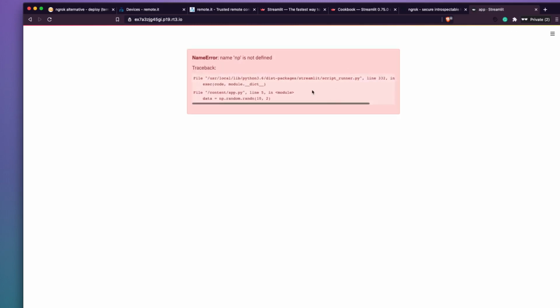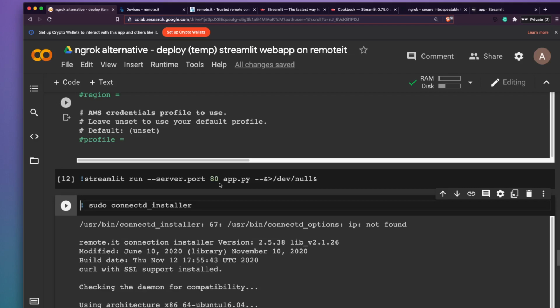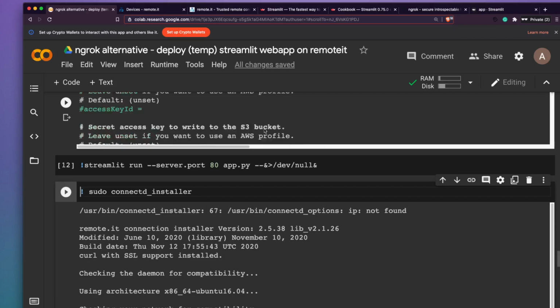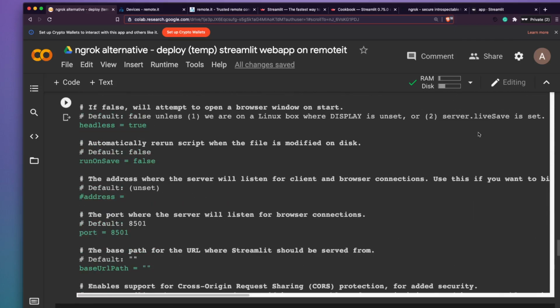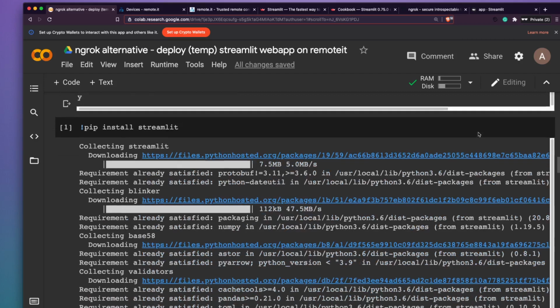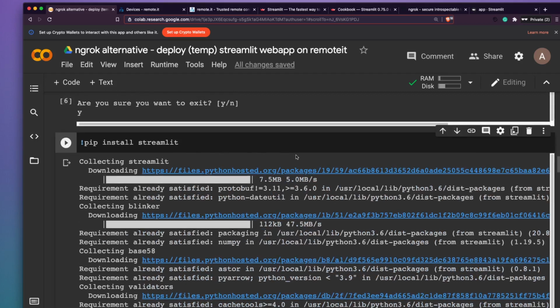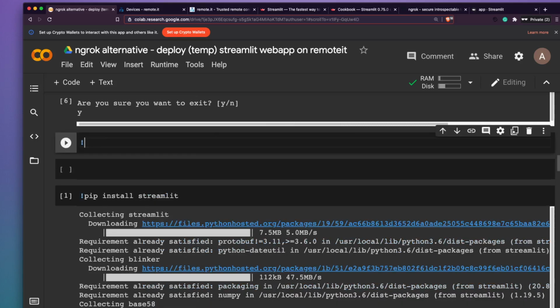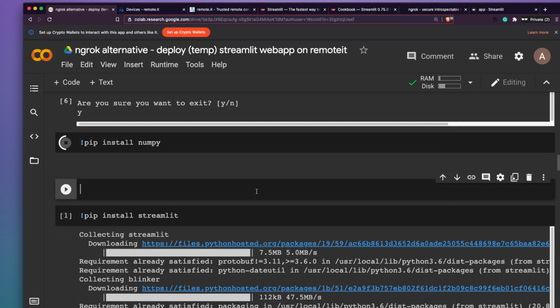So remember one thing, this is not your dedicated server, this is a free service, so it would have its complications and it would have the downside of using a free service. But again, oh sorry, I didn't install np. Okay, I have to install. The reason it didn't run is the Streamlit application, at least, is because I'm using NumPy and I didn't install NumPy. So let me install NumPy.